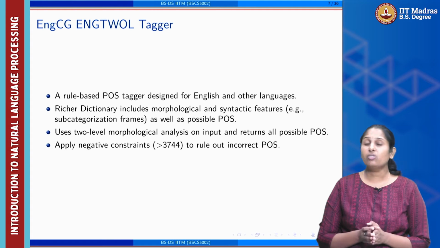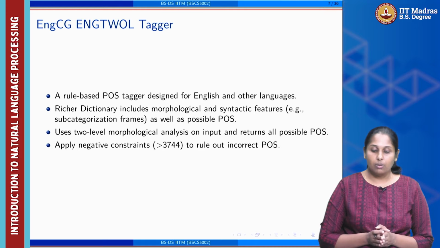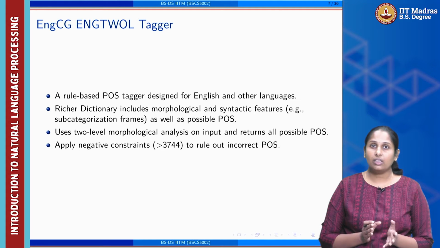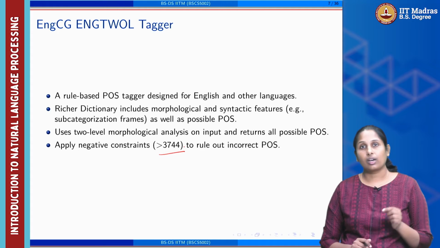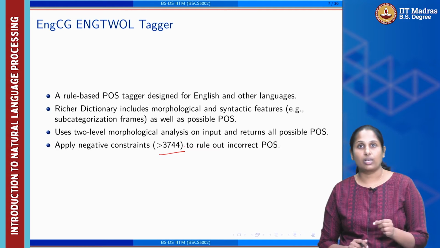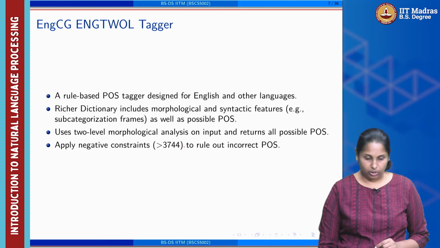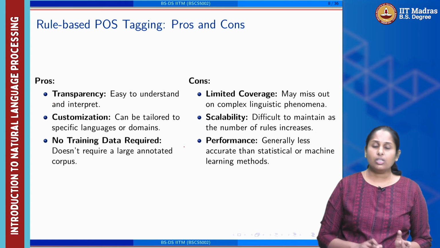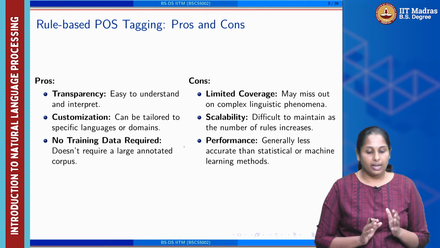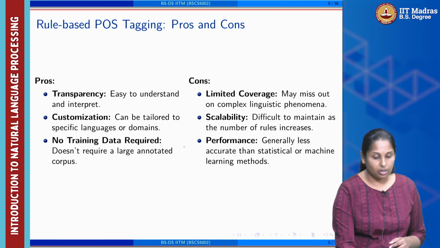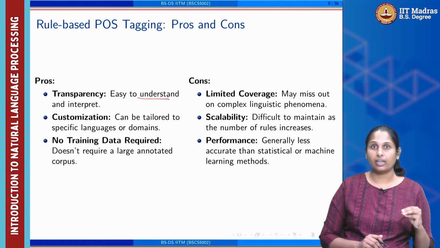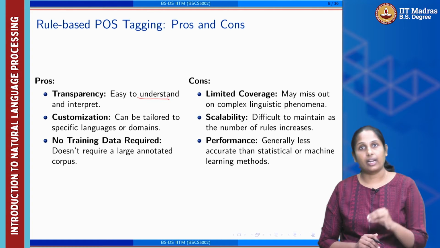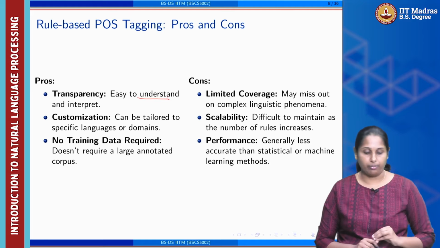So again, negative constraints are the most important thing. More than 3,744 negative constraints are used to correct incorrect POS tagging, so that the correct POS tagging can be captured. The pros and cons of this particular method: it's easy to interpret and easy to understand, because the rules are there. For example, a negative rule says that if there is an infinitive marker,